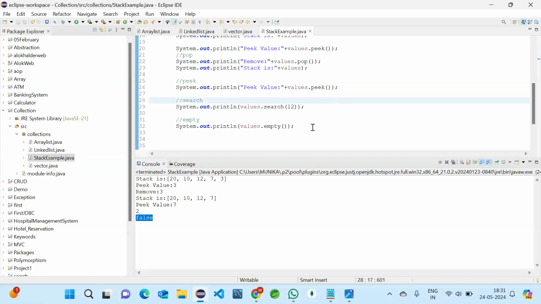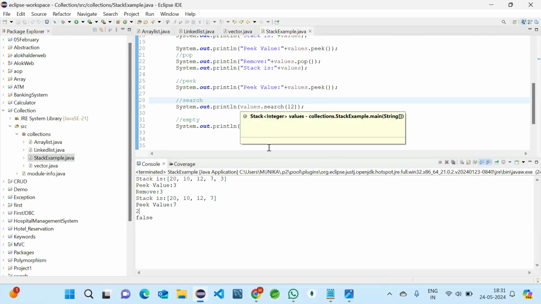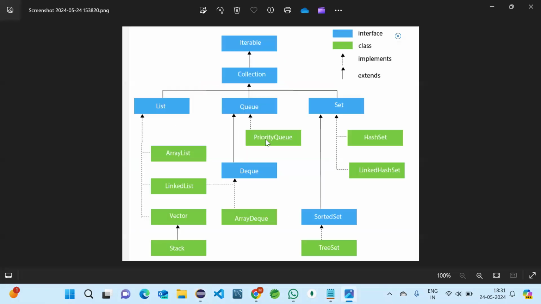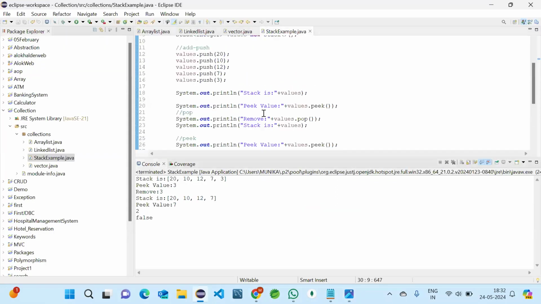Yes, ma'am. Today we are completing this class, and in the coming class we'll discuss the remaining things like queue and set also, and I will come with a few more complex examples for the next class so that you will get more. These are simple things to help you understand everything. Ma'am, can I ask a doubt? Yeah, you can ask me.